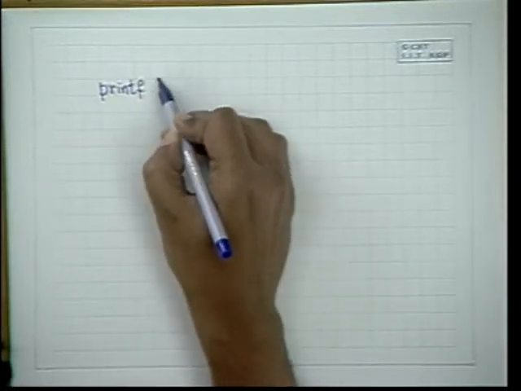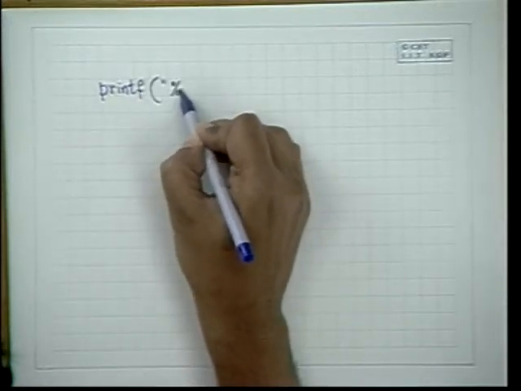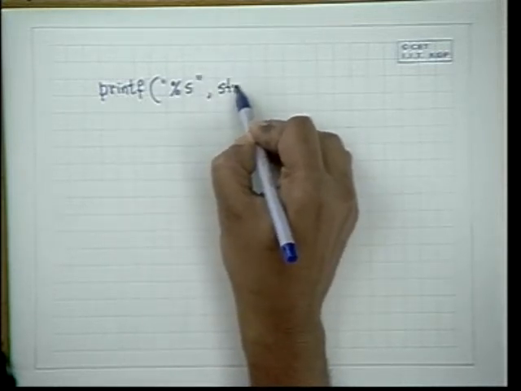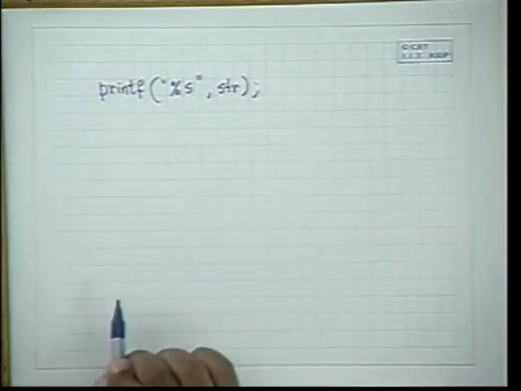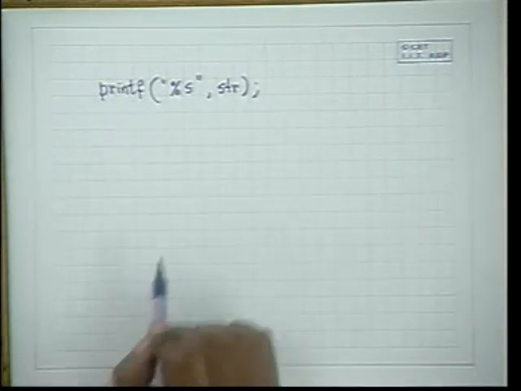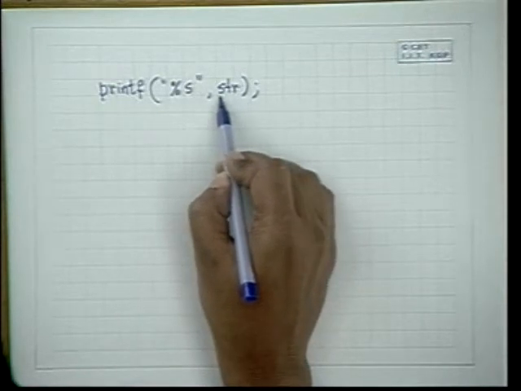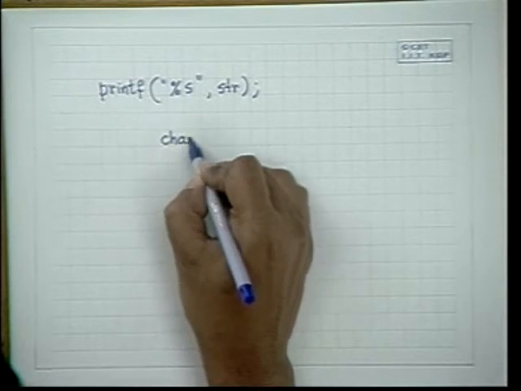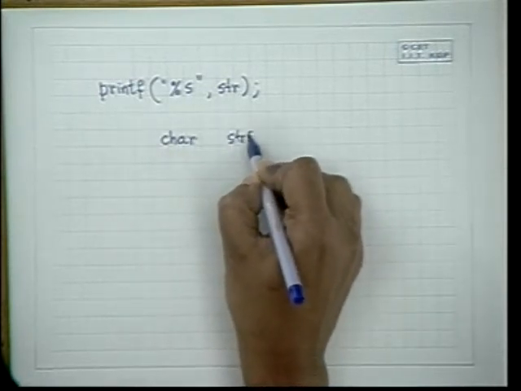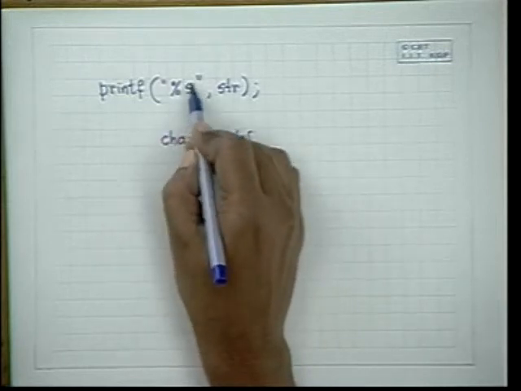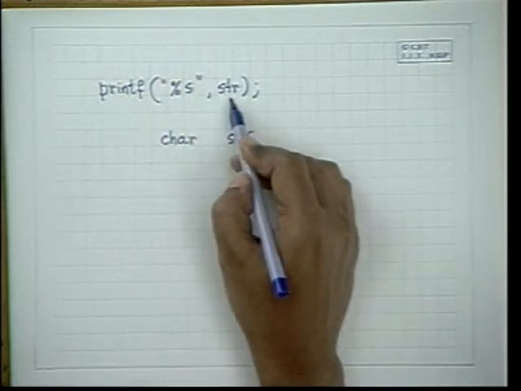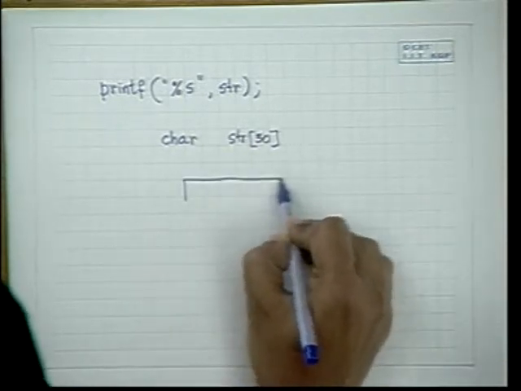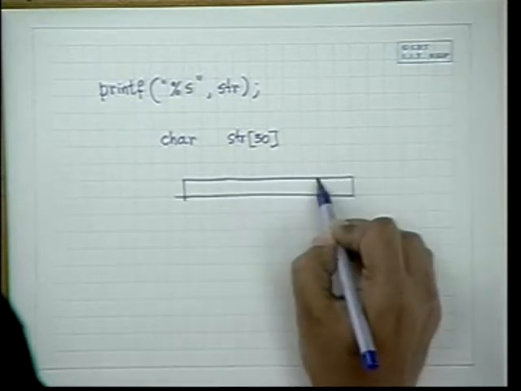Printf %s, again you just give the string, it will print the string, but it will print a string which is whatever address you give. This must be defined as a character array. Whatever you print in %s format must be defined as a character array, firstly, and secondly, the data must end with a \0.